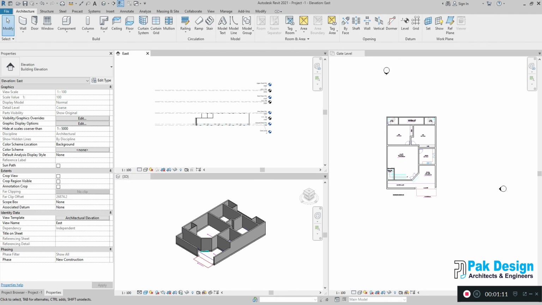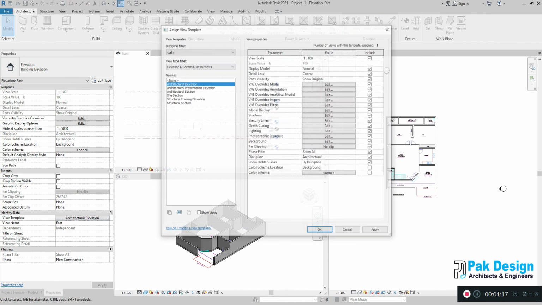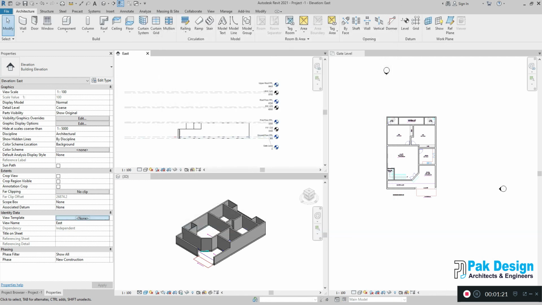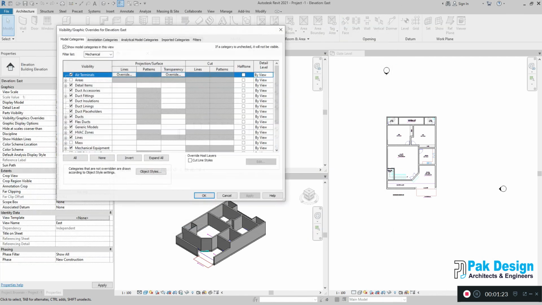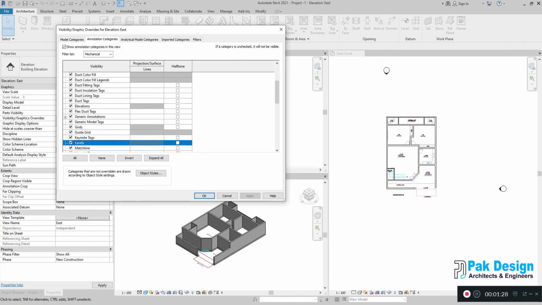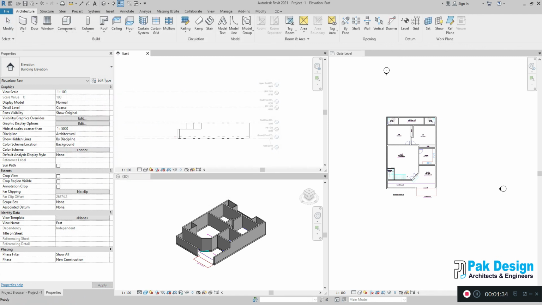Same here, if you don't want to see it in section or elevation, you can still switch off. Same thing, if you are using none, meaning there is no template, then you need to go to visibility graphics, annotations, and then press L. You can see level here, you can switch off here, or you can half tone it. You can change the property. See, now it's half tone, like a grayscale.